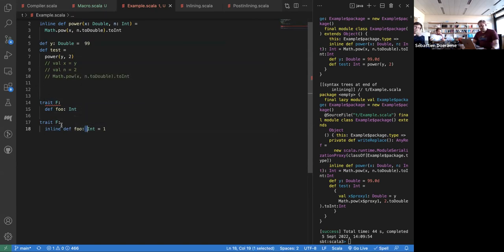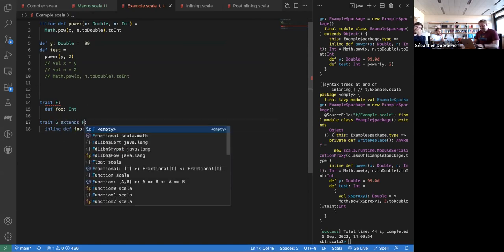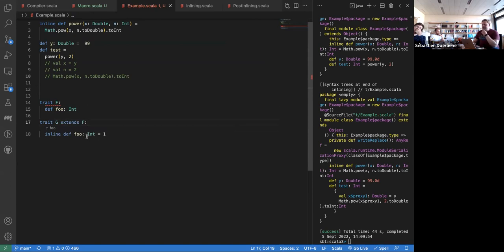Yes, it would be trait G extends Z or something. So here we have the peculiarity that if we call the foo on G directly, we can inline it. But if we try to call f.foo, then there is a possibility that we actually need to call this method. So in that case, we will not be able to inline it, and we need this method at